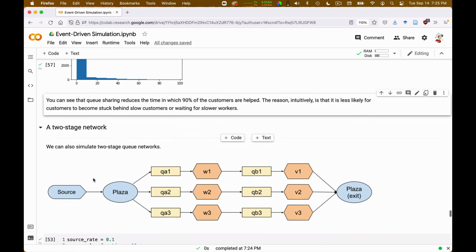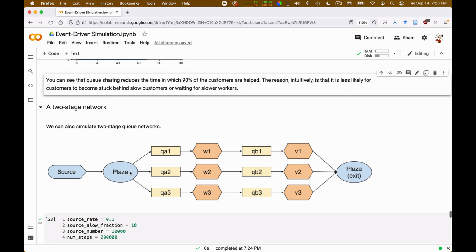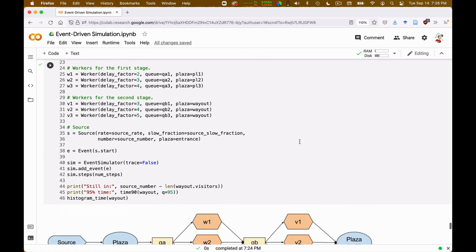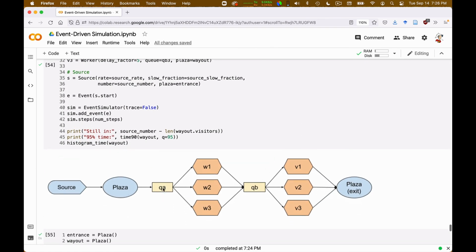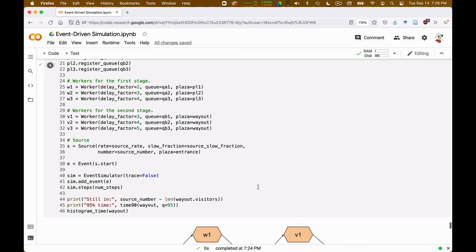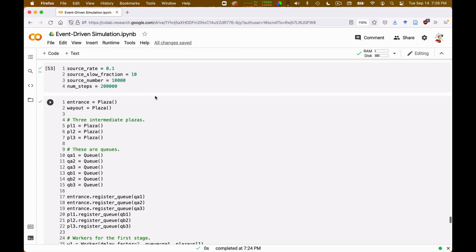And we can also have fun building two-stage networks. So imagine that you enter some place and you have to go first through, I don't know, the check-in worker and then through security. There is a way in which once you decide lane 1, lane 2, or lane 3, you are stuck in that lane. And there is, of course, another way in which there is a single queue, then there are multiple check-in workers that pick people from the same queue, and then there is a single security lane with multiple screeners that take people from the same queue. And so we can build these simulations and run them.